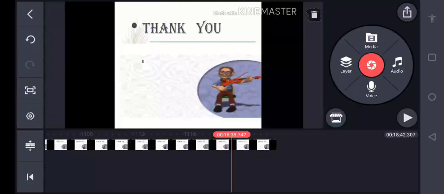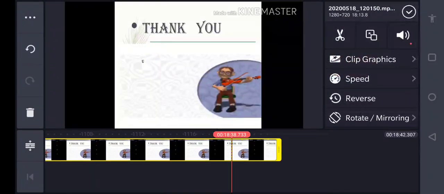See, after saying thank you so much also, certain things are there, few seconds are there for that the slide will go on. I want to remove that particular part. So what I will do, I will select the video. So it has come in the yellow form. Already playhead is there at the particular point.